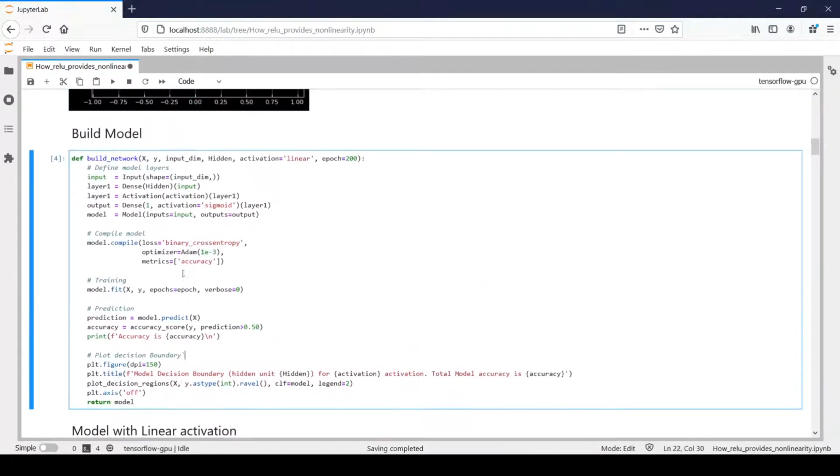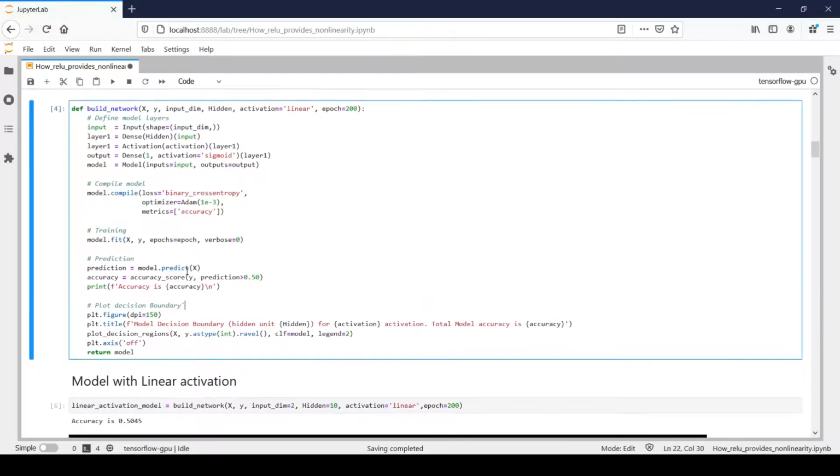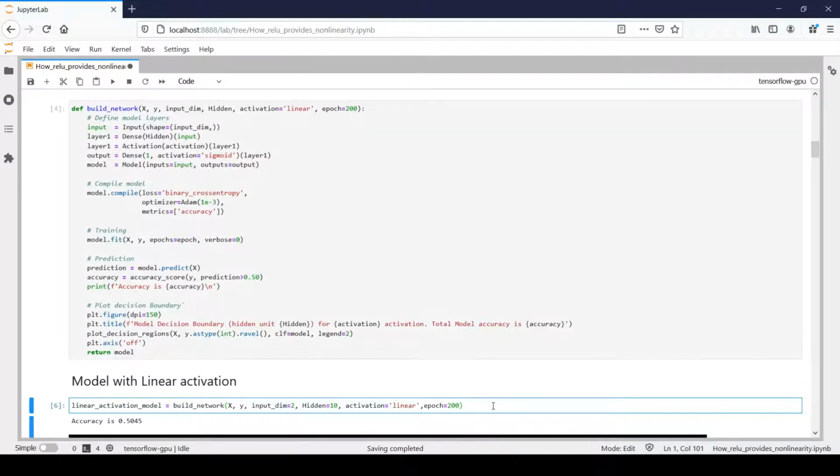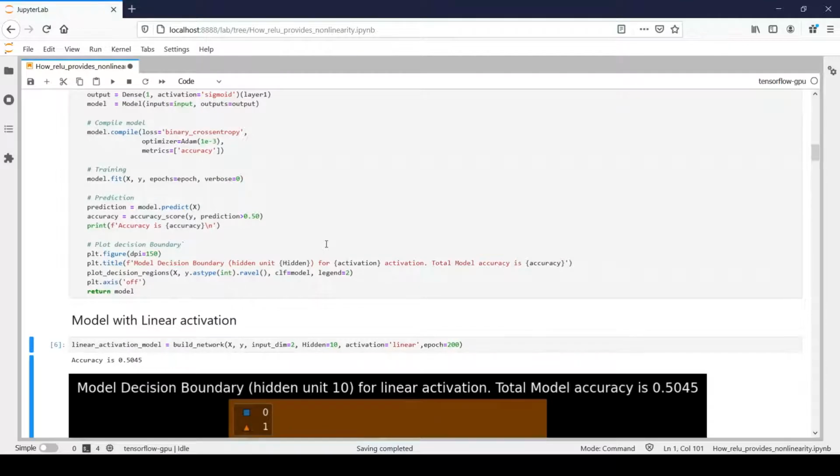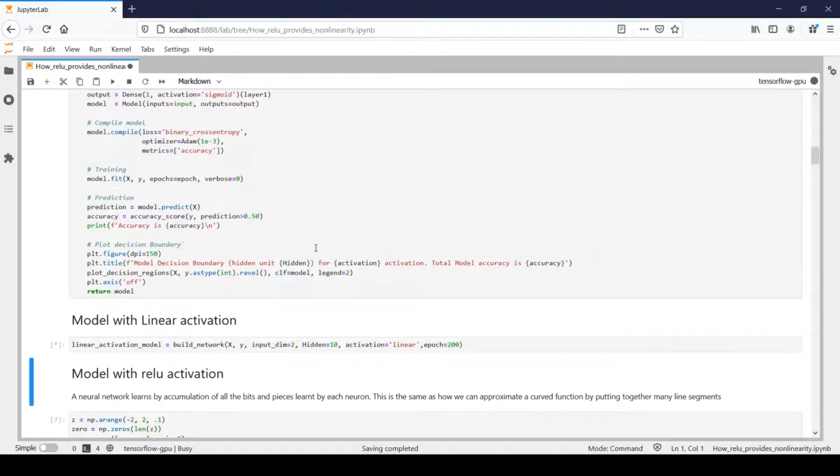Now we'll try to see how my model behaves depending upon what sort of activation function we pass to the neural network and what sort of decision boundaries my model would be able to identify. Okay, so we'll start with linear activation functions and then we'll go to ReLU to understand how it is different from the linear activation function. Okay, so for that I will be running this cell.